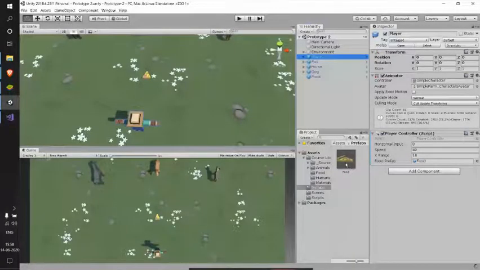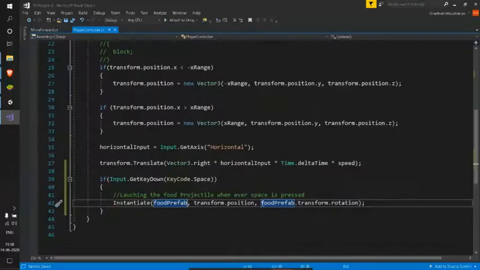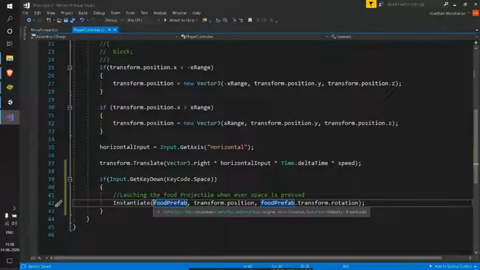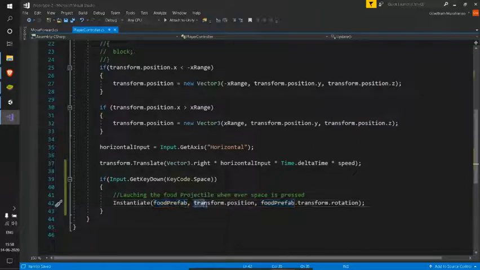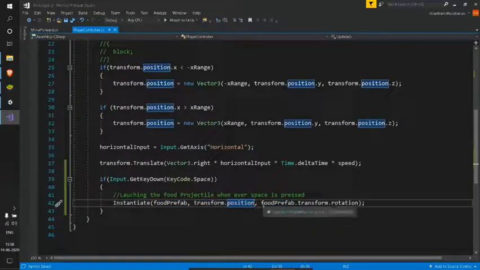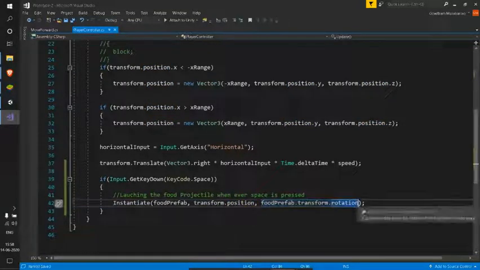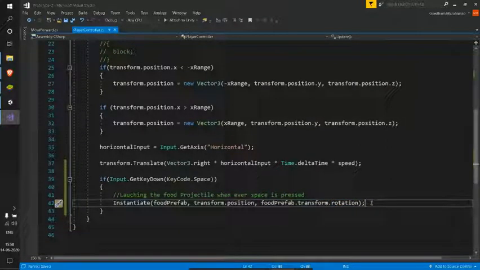Whenever we call this method, it takes two other parameters, three in total. It takes this food prefab, makes a copy, places it at the player position we gave, and adjusts its rotation to this particular rotation. So we need not change the rotation of our new copy. It can be the same as our food prefab's rotation.